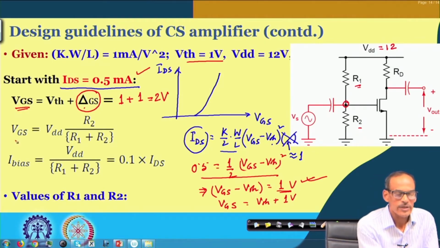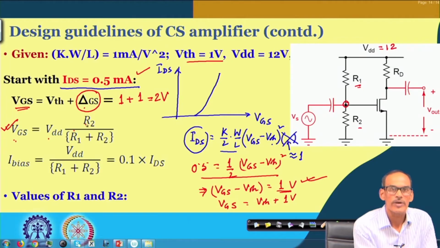So, we can use this equation: VGS equals VDD multiplied by R2 divided by R1 plus R2. So, from this, R2 divided by R1 plus R2 equals 2 volt divided by 12 volt,